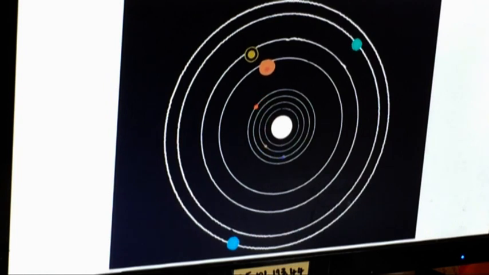For example, the orbital period for Mercury is only about 3 months. The orbital period for Neptune, for example, is over